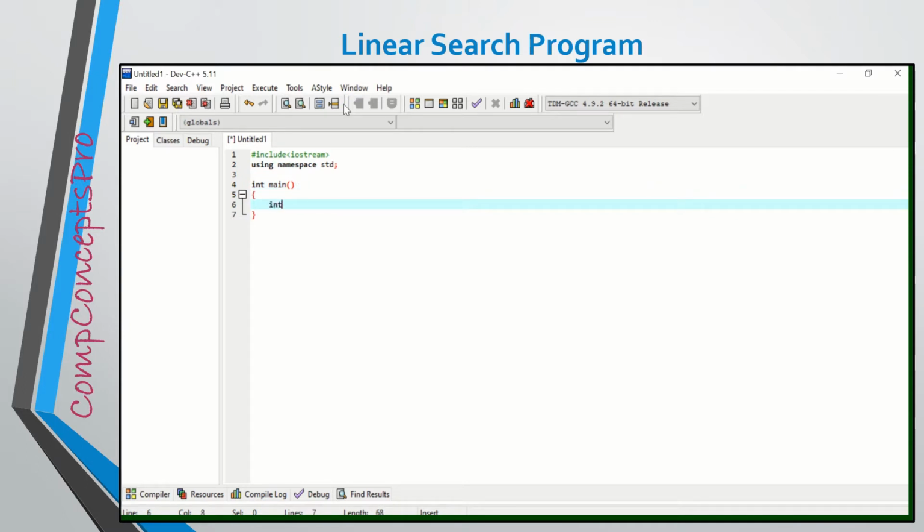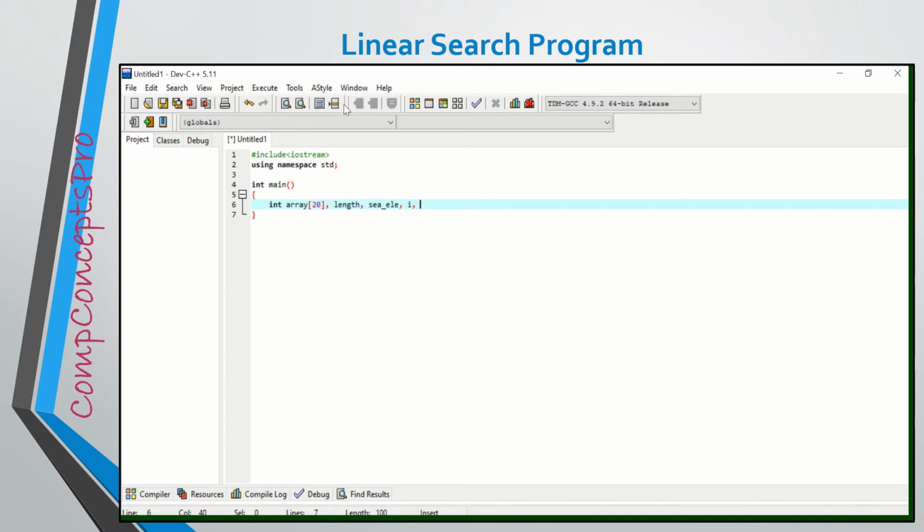I had already told you in my last program why we use int main instead of void main, because the value which is returned by this main function is used by the runtime library as the exit code for the process. Generally we write the statement return 0 at the end of the program. So this 0 proves to be the exit code for the process, and the runtime library comes to know that it has to end the program.